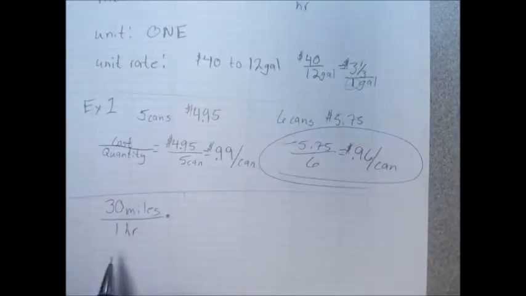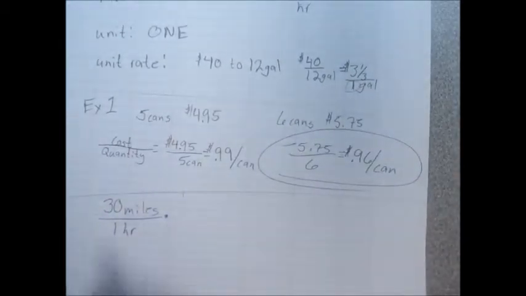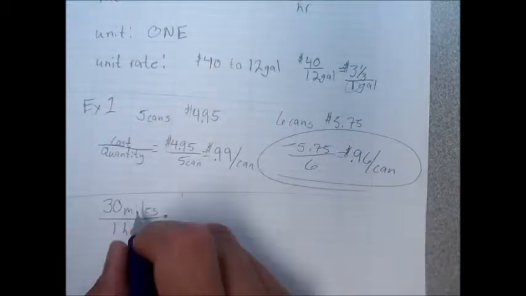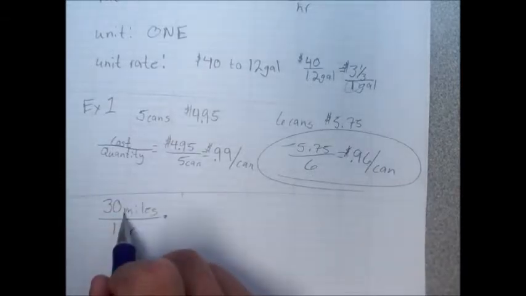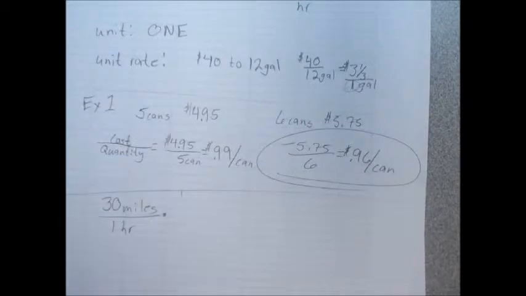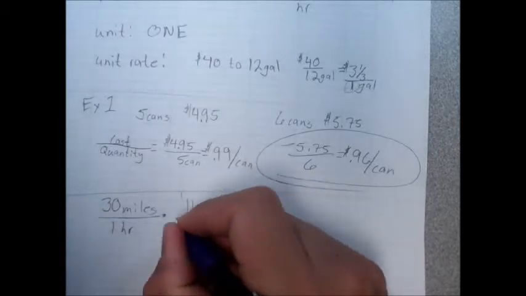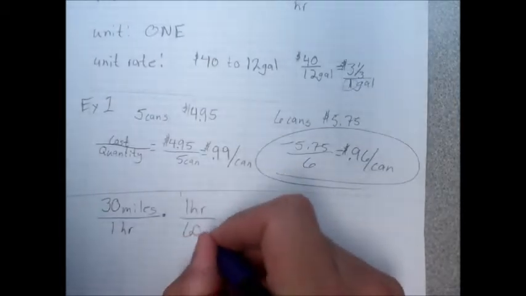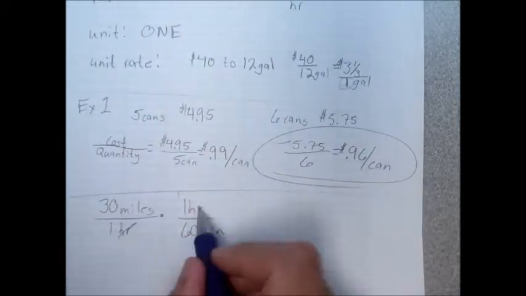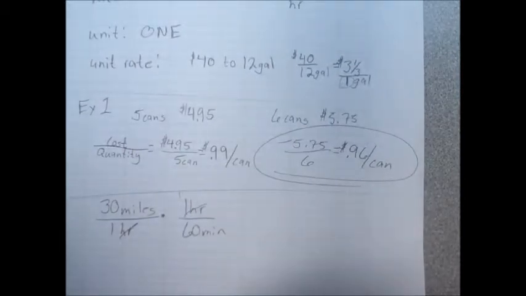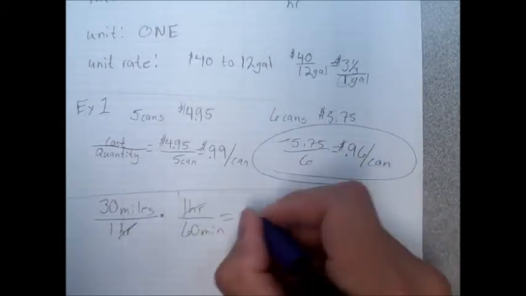30 miles per hour, and then it wants to convert it to miles per minute. So luckily I don't have to change my miles at all, but I do need to convert from hours. What is my unit conversion from hours to minutes? So 1 hour has 60 minutes, right? And I have to cross my hours out so that they go away. So I'm left with 30 miles